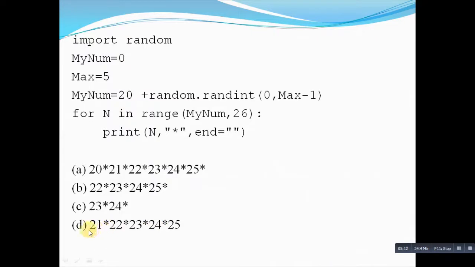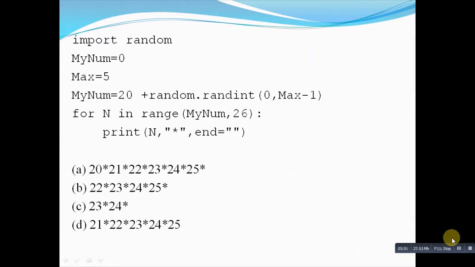As I told you in my last question, if all the things included here are not considered, then you can cancel out that particular option. So you can see in this particular part that asterisk is given. If 25 is generated, it should come with 25 and one asterisk at the end, but asterisk is not given, therefore we are cancelling out this part also. So in this particular case, two possible answers are there. Both of these options are correct in this case. So this is how you can solve your questions.